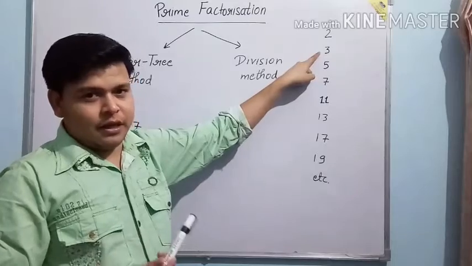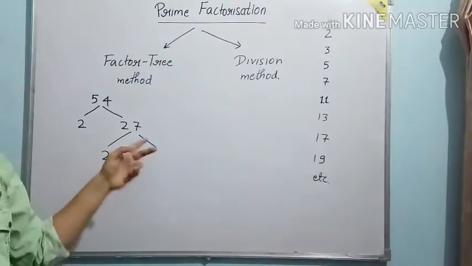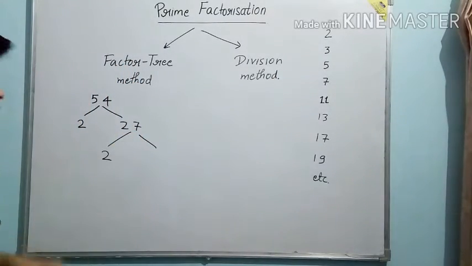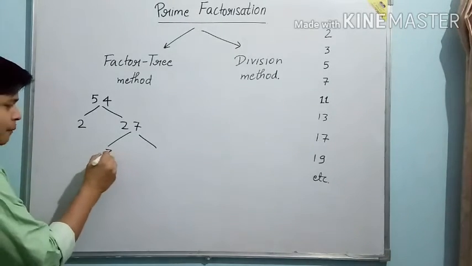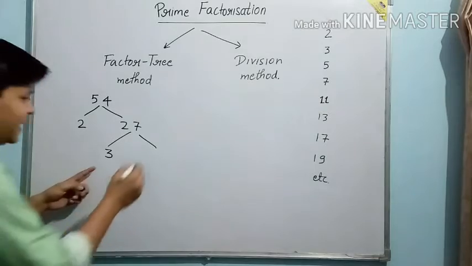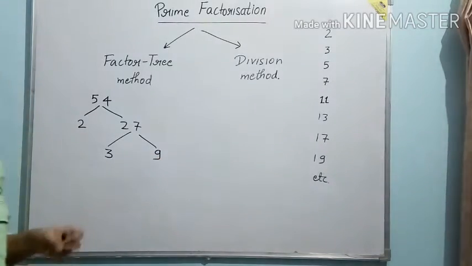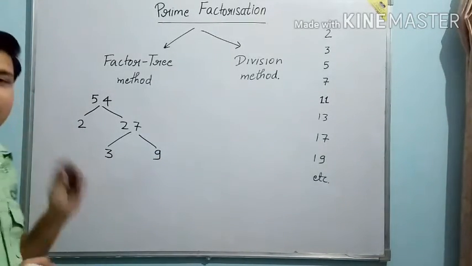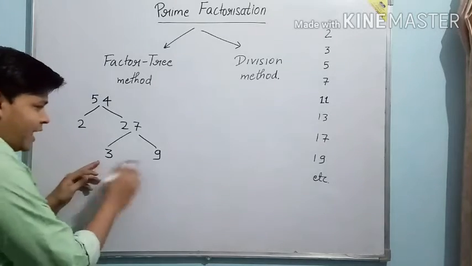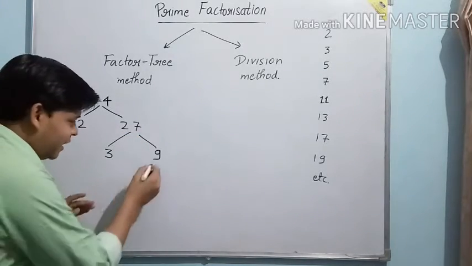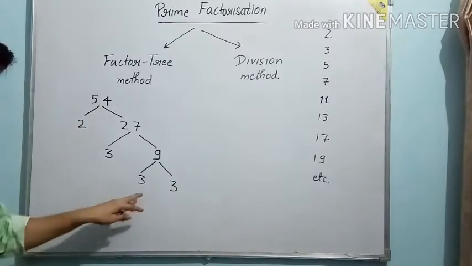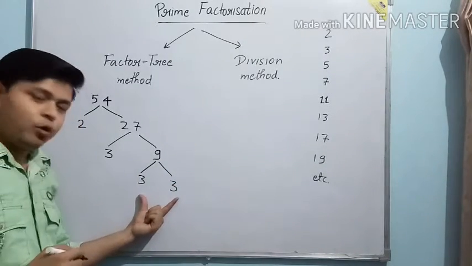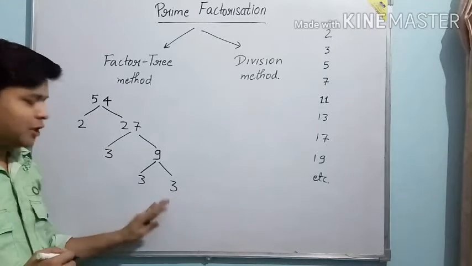We have to check whether this is divisible by 3. As we all know, yes, this is divisible by 3. So in place of 2, now we will take another prime number, which is 3. So 3 9 times, and as I told you, the prime number will be written on the left side. Now 3 9 times 27. Similarly 3 times 9. So as you can see, now in this pair both the numbers are prime numbers. So it has finished.